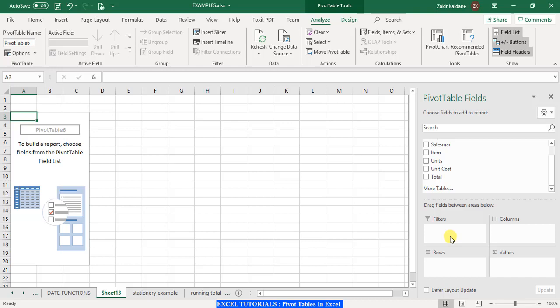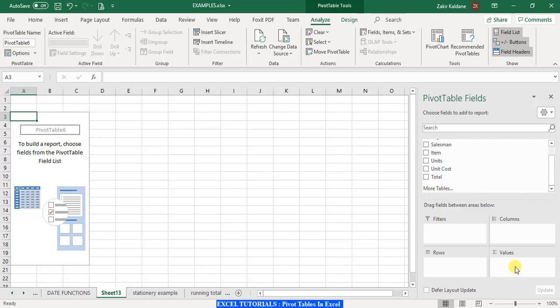Those fields which we want to be spread in columns, we drag into the column area, and those fields which we want to show as rows, we drag onto the rows area. And those fields which are numbers and which we want to summarize as values, we pull into the values area.